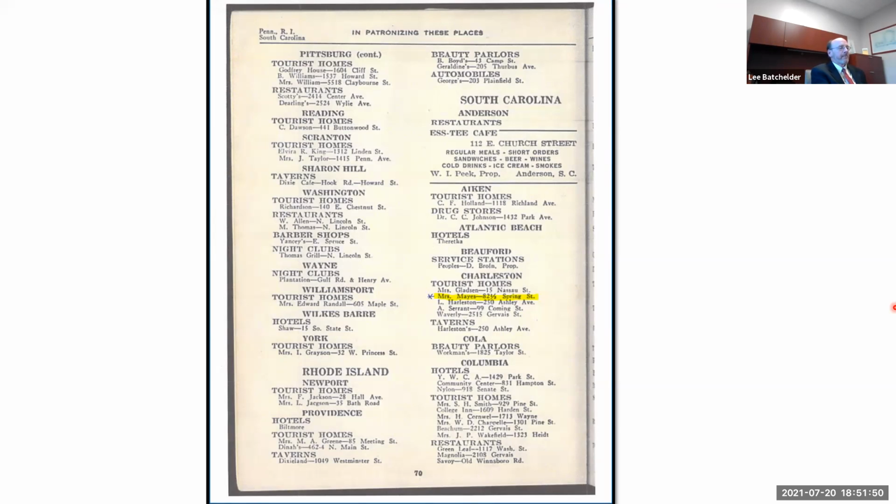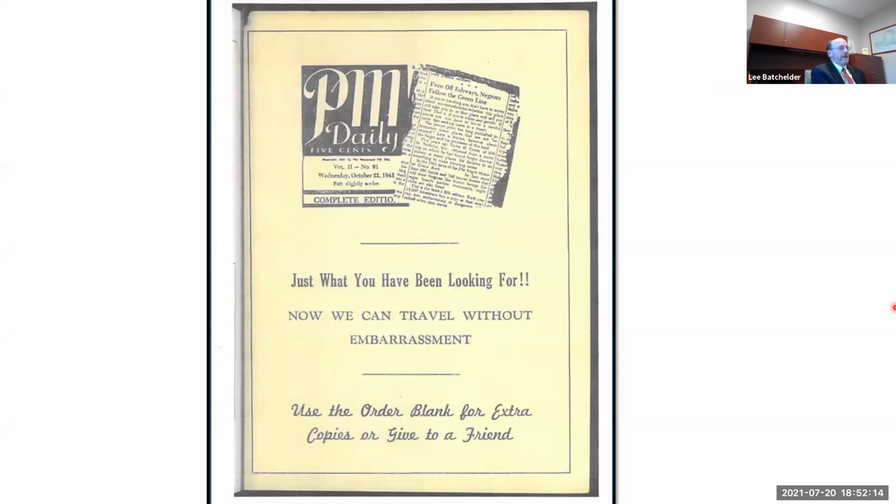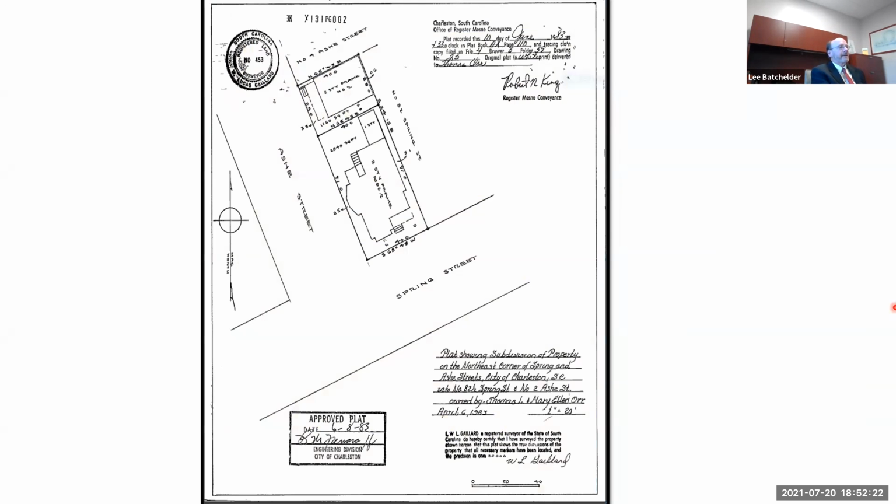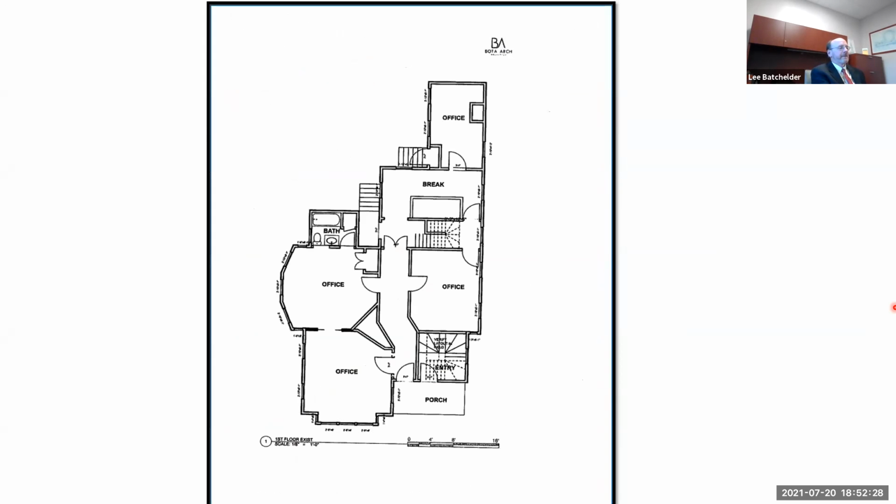By converting this property back to 2 residential units, it will be able to be used as 2 commercial short-term rental units, meaning that those dwelling units can be rented on a short-term basis. So in a sense, it would go back to the use that it had many years ago. But this is an interesting chapter of this building's history, and I think it's relevant for this request because the building is configured,